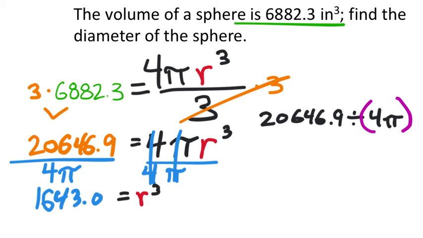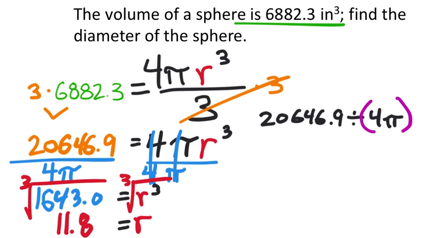Yeah, r to the power of 3, we just want the radius. Now since it's an exponent of 3 for the radius, we need a cube root in order to make that a phantom 1 exponent, right? But if I do it to one side, it is required that I do it to the other side. So this is going to give me just the radius, which is really what we want to find the diameter. Now I need to type this into the calculator though, right? So I push the second exponent button, and you'll see the cube root now. And this is 1643.0. I push enter, and I get 11.79 and some change,